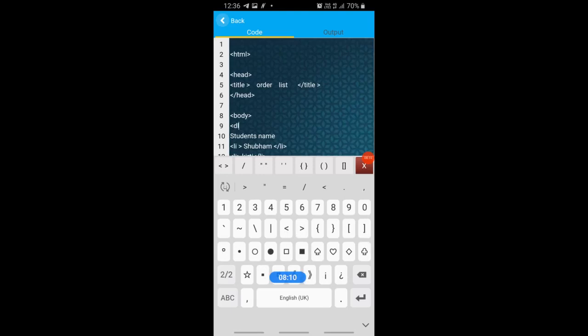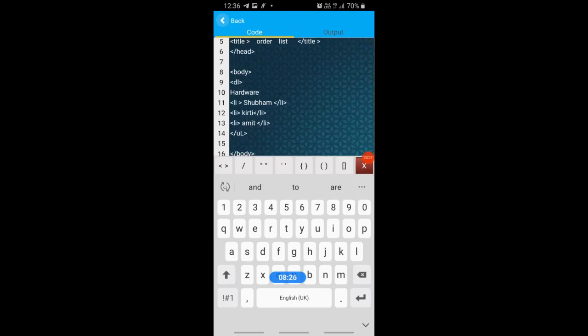Okay. In place of student name I'm going to take hardware. Okay. The closing tag also should be dl. Here I'm going to delete those 3 lines.